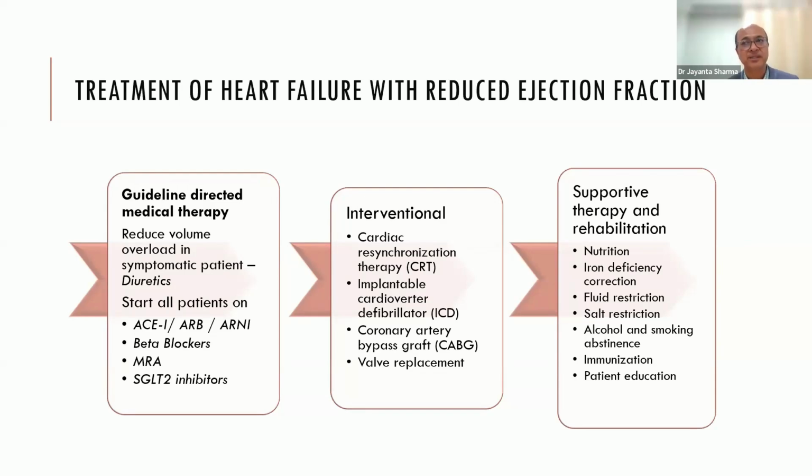After giving the patient symptomatic management with the loop diuretics, the next step is to start four drugs: ACE inhibitor, ARB or ARNI, beta blocker, MRA, and fourth, nowadays, we are using the SGLT inhibitor for heart failure patients. So these are the basic management for heart failure patients inside the ICU as guideline directed medical therapy. But first and foremost, loop diuretics, injection Lasix or torsemide, should be given to reduce the